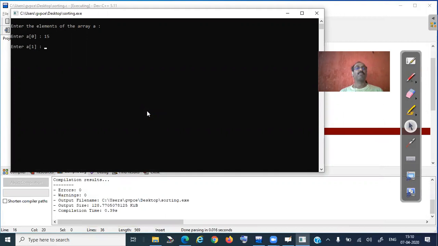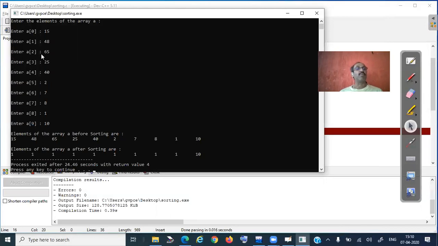Let us say 15, 48, 65, 25, 40, 2, 7, 8, 1, 10. See, 1, 2, 3, 4, 5, 6, 7, 8, 9, 10. So I have given all the 10 values. See, what are the values I have given? First I display the values as they are, like 15, 48, 65, 25, 40, 2, 7, 8, 1, and 10. So once this is done,